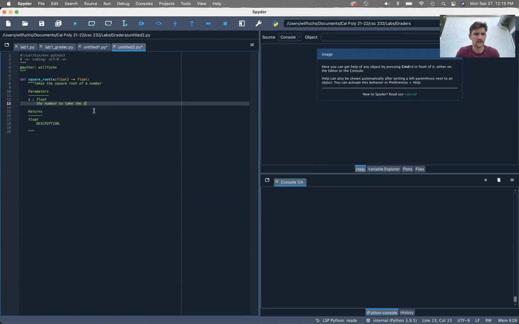Number to take the square root of, and then it's going to return